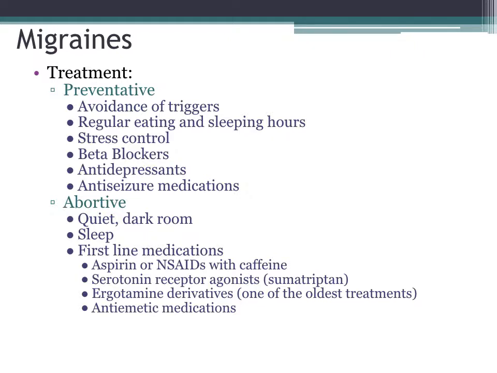Non-pharmacologically, getting into a quiet, dark room tends to help the headaches not hit quite so hard, and maybe be relieved a little bit faster. Sleeping tends to make the headaches go away. The first line medications are aspirins or NSAIDs, specifically with caffeine. Your book talked about acetaminophen as a treatment, but due to the inflammatory process, it's usually not a very helpful medication. The NSAIDs really act on the prostaglandins that are being